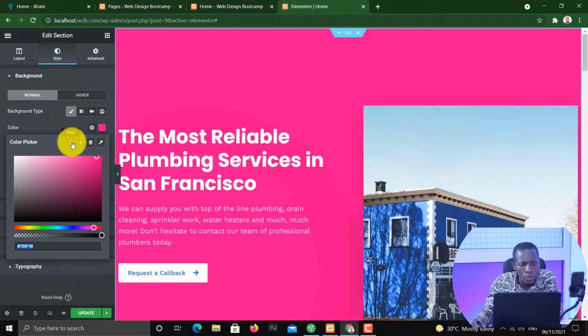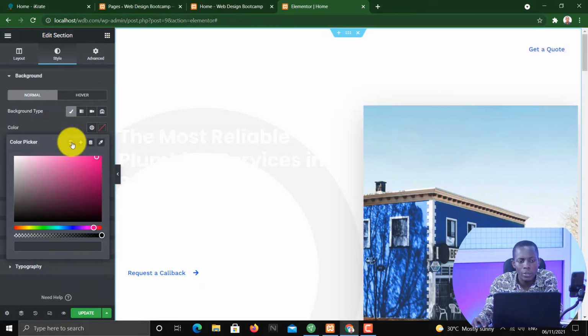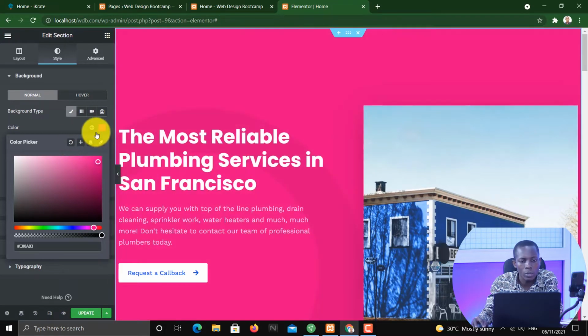There it is. When you choose this clear color, it has cancelled it. So if you don't want the color, that's what is going to happen. You select that to clear the color. Okay,